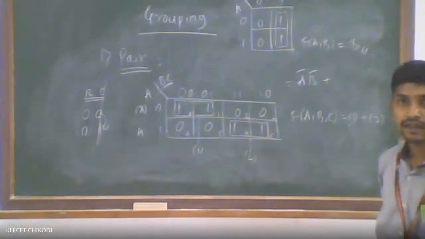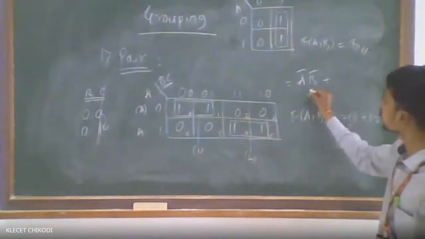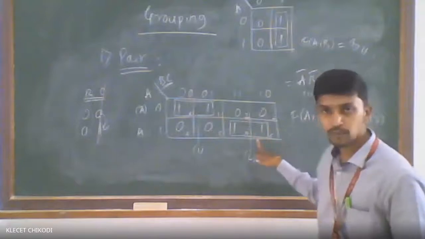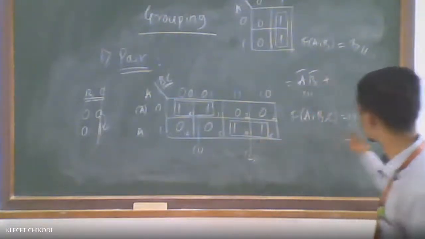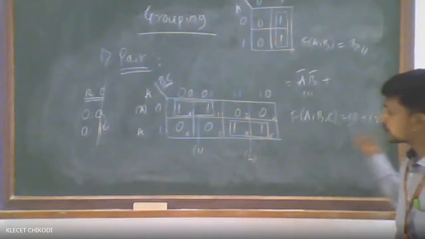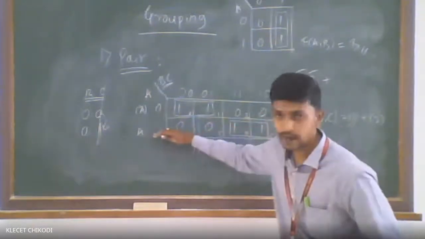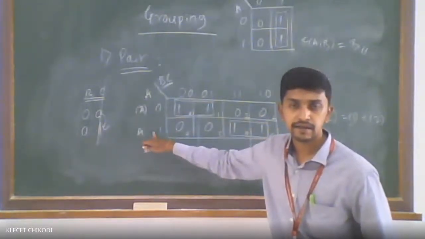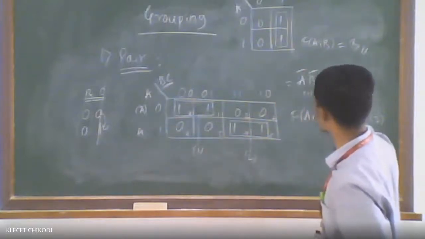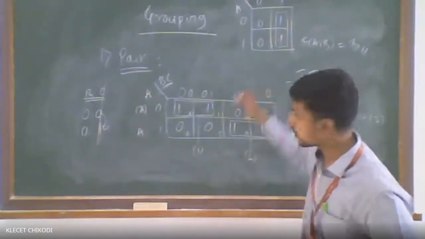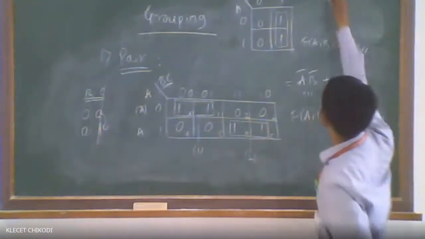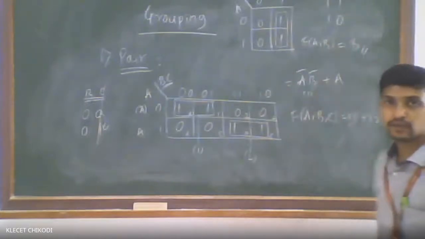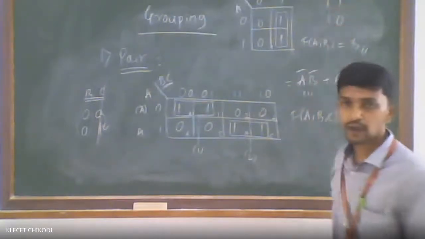Fine? Now this you have written for the first pair. There is one more pair, that is the second pair. You can see that we have a total of 2 pairs here. Now for the second pair, once again the corresponding row value. What is that? It will be A. And the respective column values, I will write it here: B, C values, 1, 1 and 1, 0.